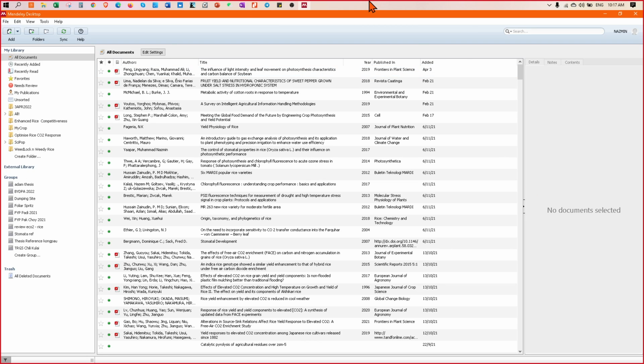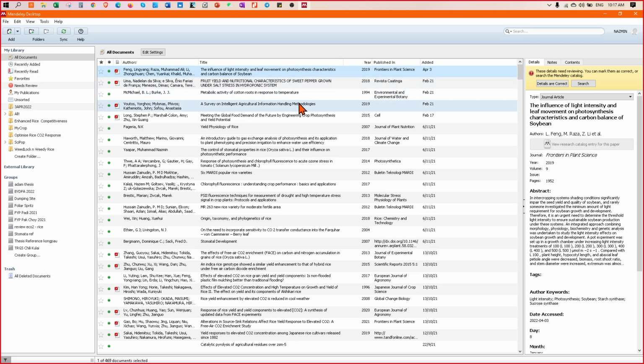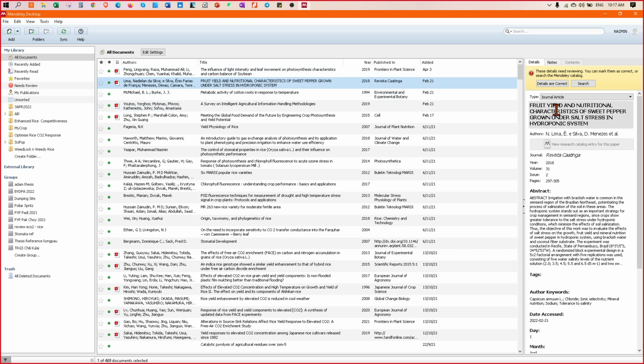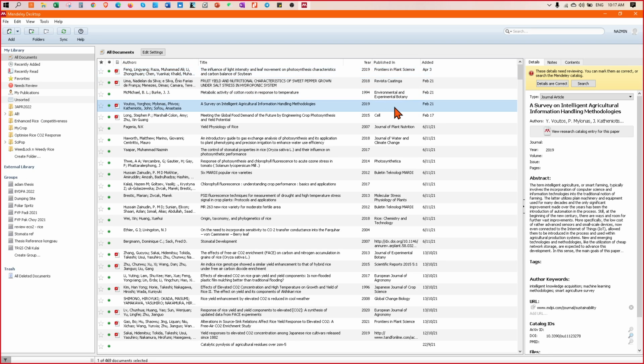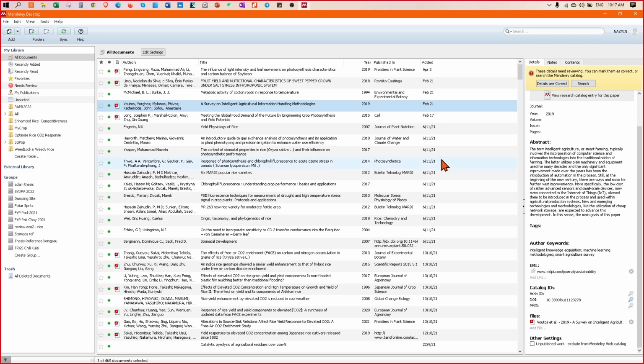Oh, I can see that some of you just copy and paste without checking whether it's correct or not. For example here, this is the title as it came from the browser. You can see that it's completely capital, so you need to correct this. All of this I got from using the web importer installed on the browser. You can see that this one hasn't got the publisher, so you need to put in the journal manually.